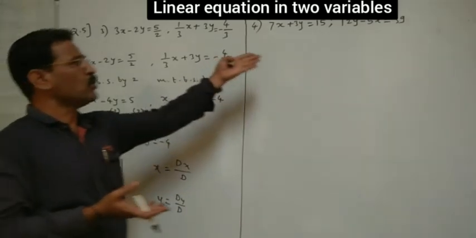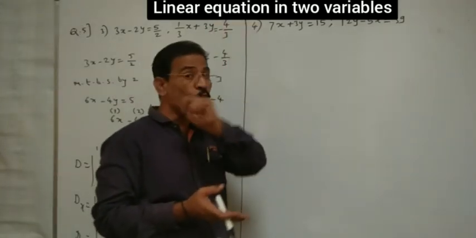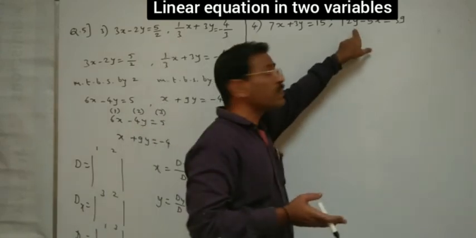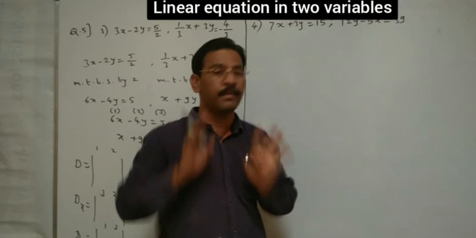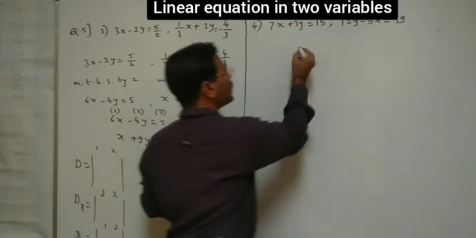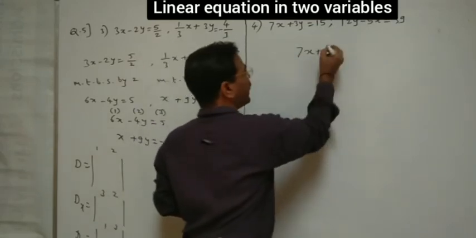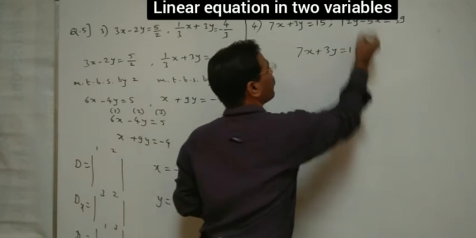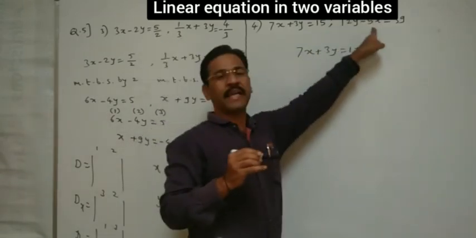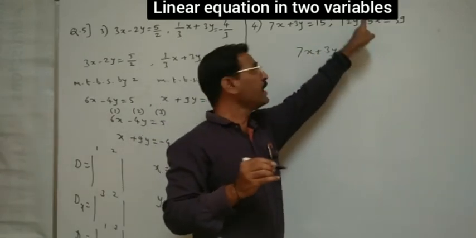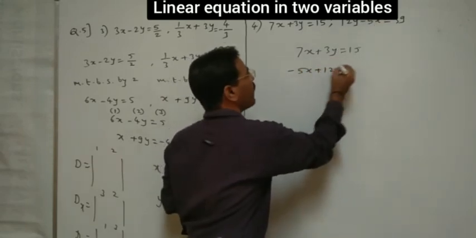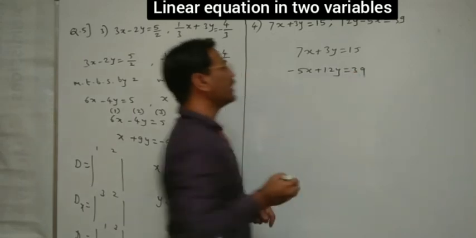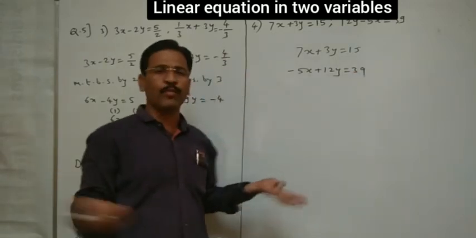Okay, here also, this is also very simple, but only remember this is the first term, y. So don't keep it as it is like this, we can make some silly mistakes here. First, arrange in neat form. This is already in neat form, the first one. But the next one, which is the second equation of this example, is nothing but minus 5x plus 12y is equal to 39. Now it is okay, no problem.